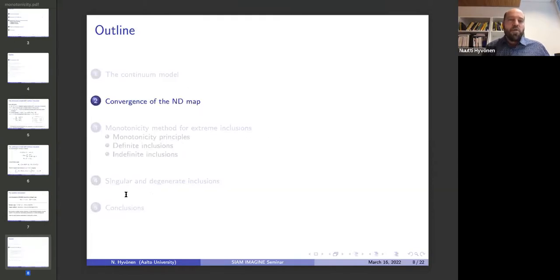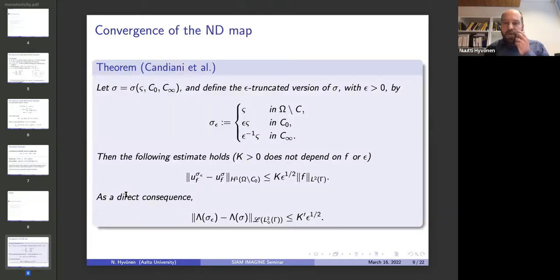So next, about convergence of the Neumann-Dirichlet map. And I will state it as a theorem without a proof. This is not really surprising, but we couldn't find it, at least not easily, from anywhere. So the idea is that if you have this kind of conductivity coefficient that is characterized by this background conductivity